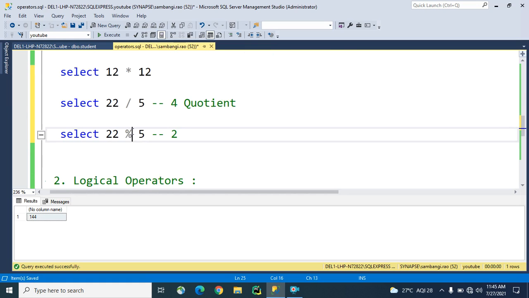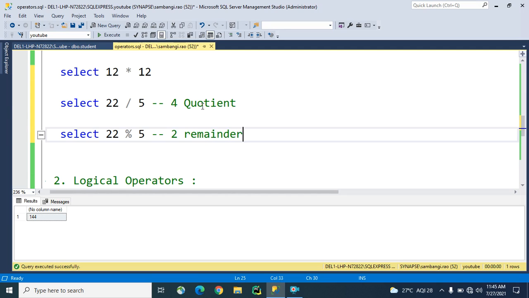Also, when coming to the modulo operator, it divides the left hand operand by the right hand operand, and finally returns a remainder.